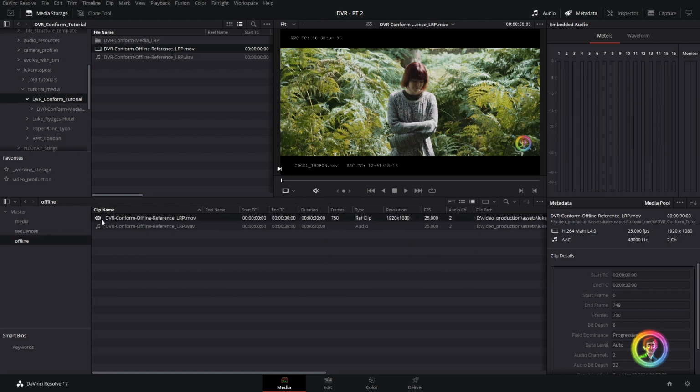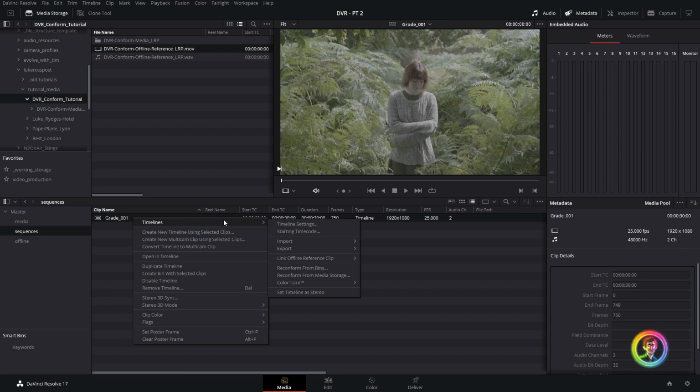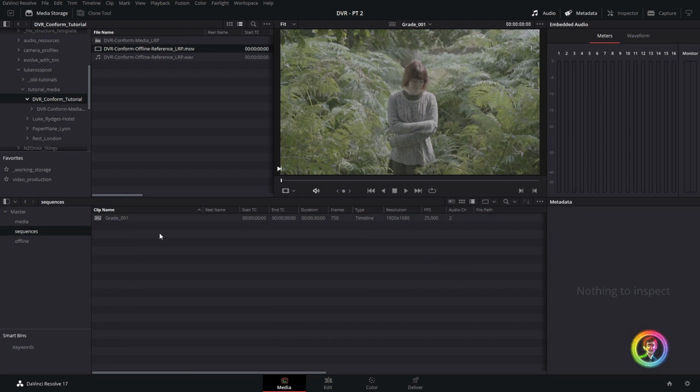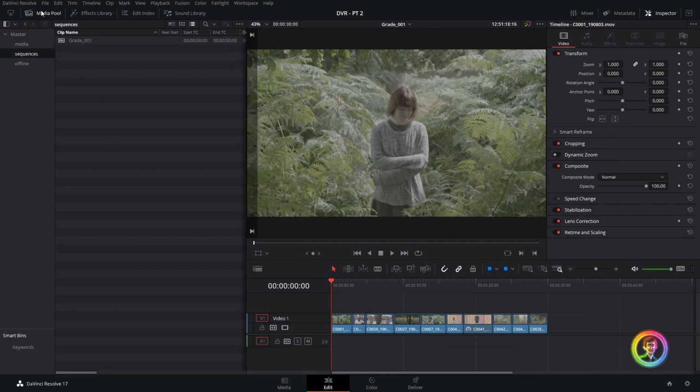movies effectively. I can go ahead to my sequences bin, click on our sequence, right click, timelines, link offline reference clip. So here you can see all of the available offline reference clips, which in our case is just this one, and we're going to go ahead and click this. So let's go ahead and jump to our edit tab. We're going to open up our media pool window, go to our offline, and just click and drag our audio